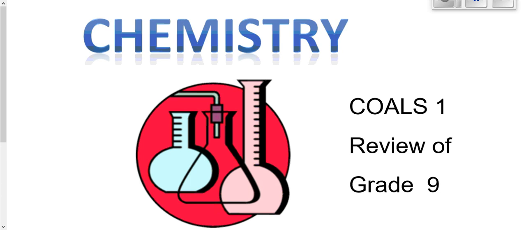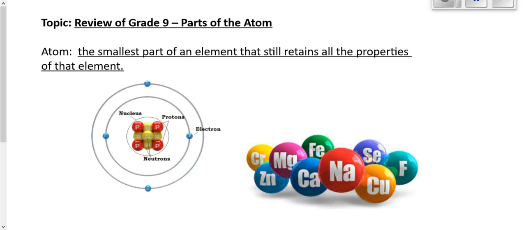Hello, grade 10s. We're going to be starting our study of chemistry today in a series of short sprints called learning sprints. And our first of those is going to be a review of what we covered in grade 9. So back in grade 9, you learned what an atom was. And an atom was defined as being the smallest part of an element that still has all the properties of